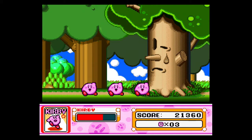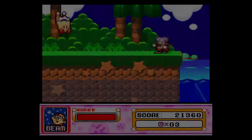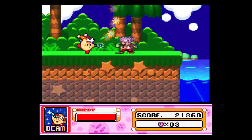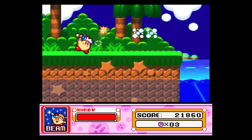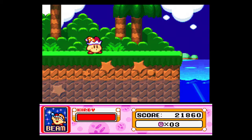The controllers they come with are very nice. They feel like SNES controllers really. I'm sure there were a couple of different molds or plastic types on SNES controllers, because I've had a few that feel a little bit different. But these do feel like brand new SNES controllers, which is very nice. They do have a longer lead than last time,